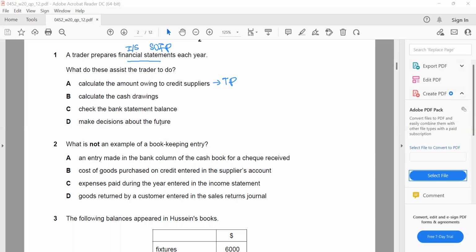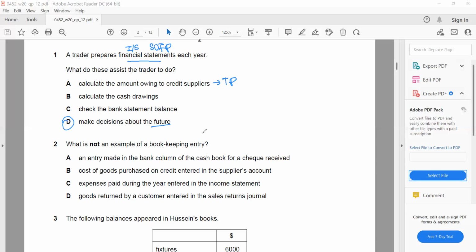Make decisions about the future. One of the main important uses of the financial statements is to help the business make a decision whether to expand, to discontinue or to continue the business. So this is the most suitable overall. Next, what is not